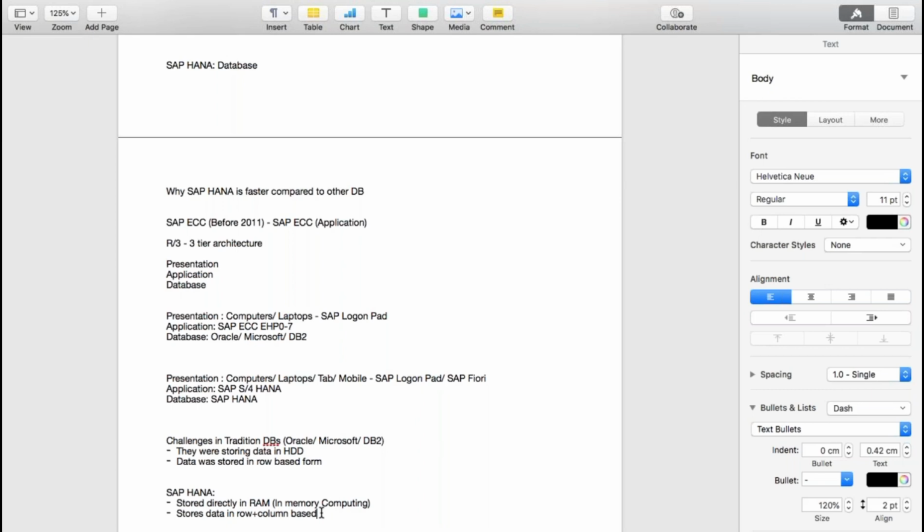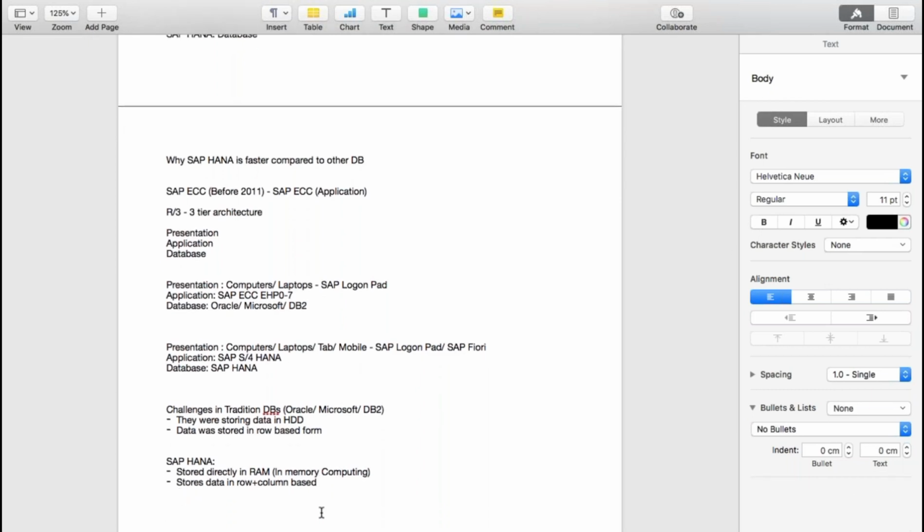Business processes are simplified. I told you one of the major challenges was FICO reconciliation. This challenge has existed for years. Although we have very good functionality within controlling, reconciliation is always an issue in SAP. FI is showing you one picture, CO is showing you a different picture, and you need to verify which is wrong and which is correct. So in order to avoid that, SAP has now reduced many tables.